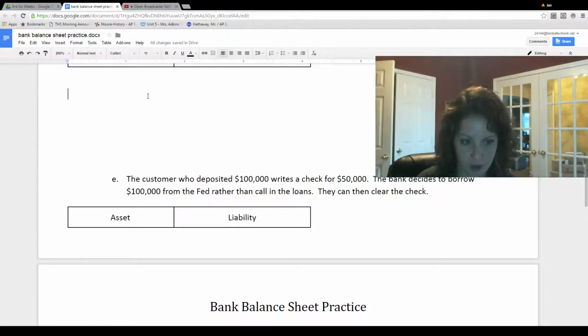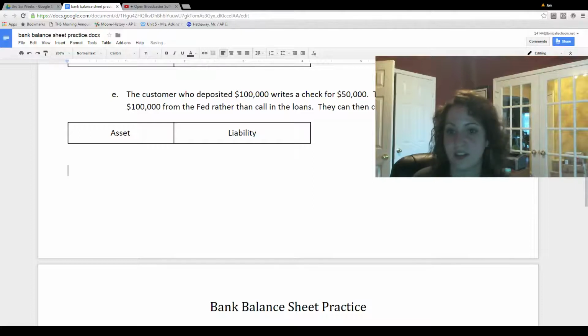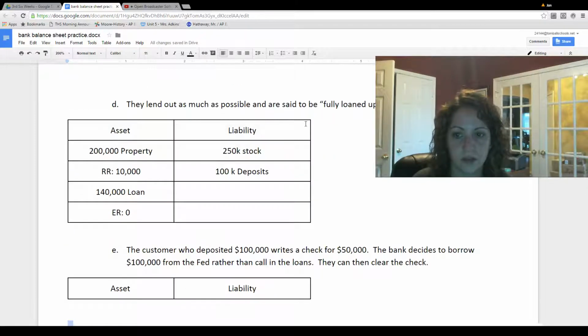Letter E. Let me get rid of some spaces here. Letter E. The customer who deposited $100,000 writes a check for $50,000. The bank decides to borrow $100,000 from the Fed rather than calling in loans. Then they can clear the check. Okay, here's the thing. If we go back here, it says